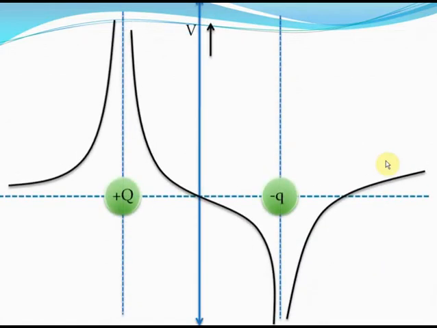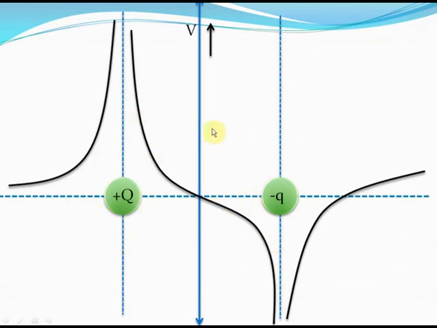Similarly, we can draw a graph for the electric potential because of these two charges. Again, you don't need to exactly remember the graph, but just remember the brief outline. You see, the electric potential will be the sum of the electric potentials of this charge and this charge. As you can see, it will be 0 at some point on the axis because plus 1 by 4 pi epsilon naught into q by r will somewhere cancel minus 1 by 4 pi epsilon naught into q by r. At the point where the cancellation occurs, the net electric potential will be 0, isn't it?